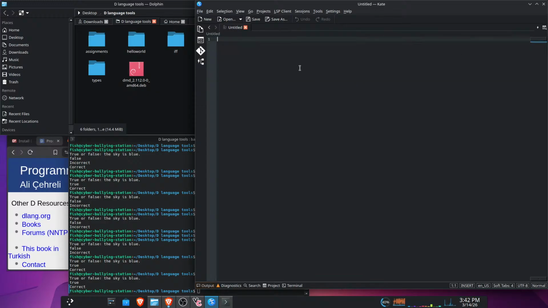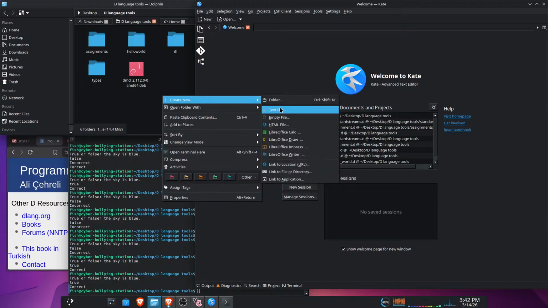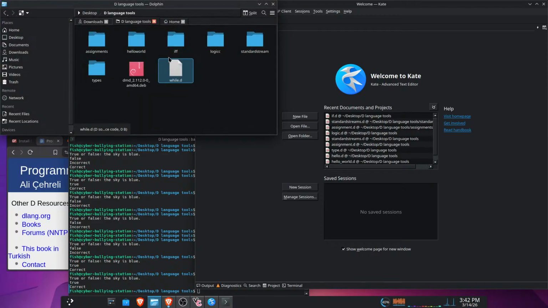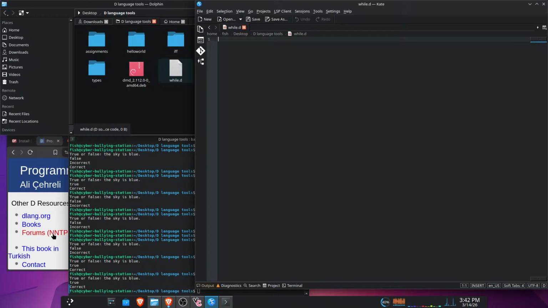Close file. Create new text file. We're gonna call it while.d. Okay, and import that into here. Perfect. And then we're gonna write out our code in here. Alright, so import, and then we're gonna import our standard